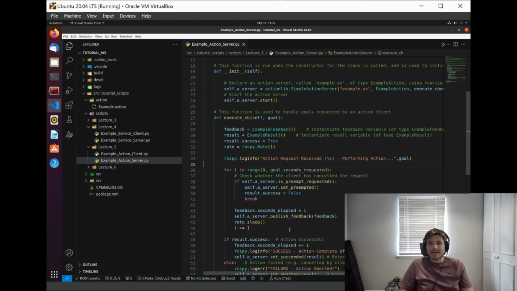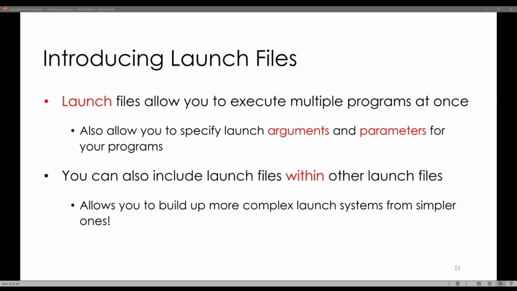Useful for debugging, but I've made everything really explicit in these examples, and I wouldn't imagine that when you're actually developing something you'd need all of this information being streamed into the terminal. So let's take a quick interlude and look at launch files, which, when you're developing larger ROS projects,